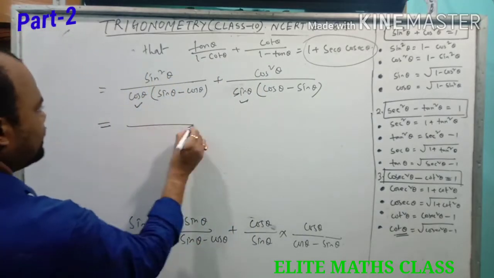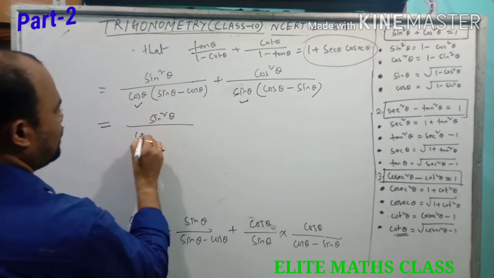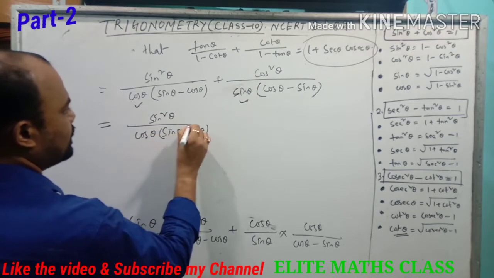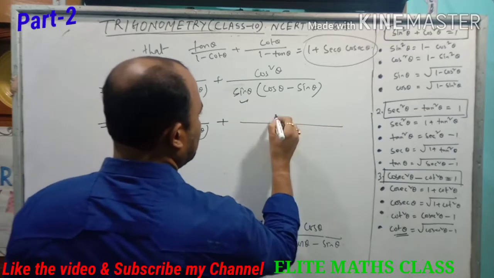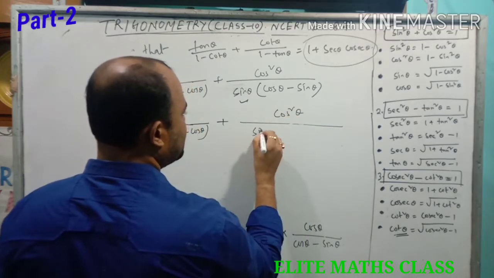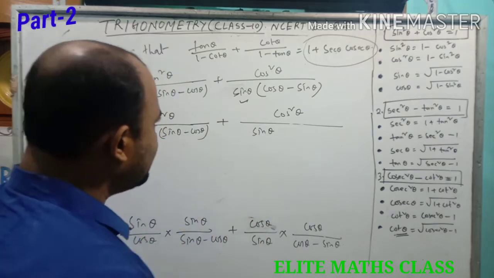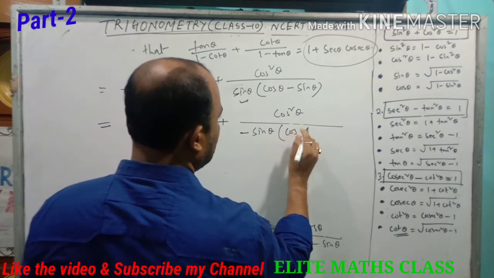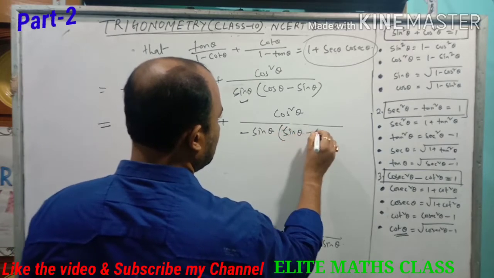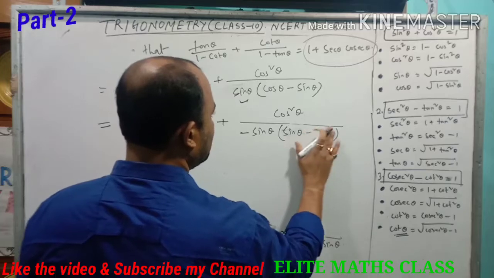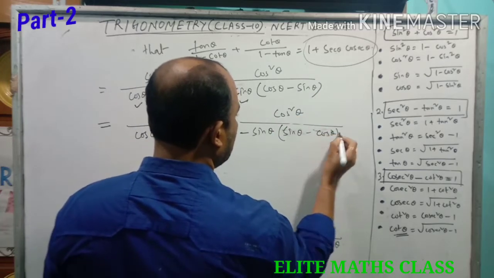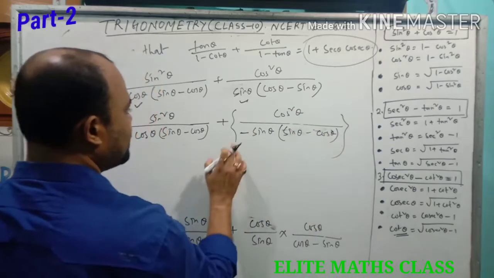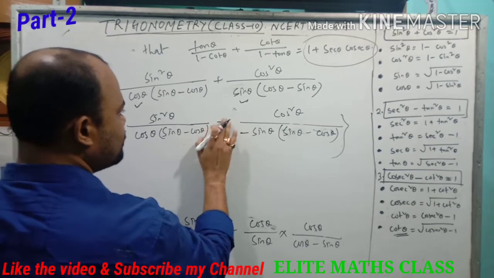So we do here, keep the first term unchanged: sin theta minus cos theta, plus cos square theta by sin theta. What we used to do? Let us take a negative sign common from this term. So a minus sign will be there. It will be cos theta, and after taking the negative sign common, it will be sin theta minus cos theta. You do in the next step, as the negative sign is there, in the next term this minus into plus will be minus.